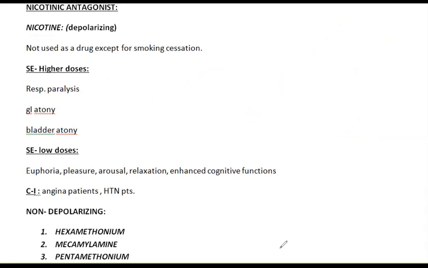The next topic will be non-depolarizing drugs, and we have like 5 minutes 56 seconds timer left. So this recording will disconnect in between, and you have to join it again. I want to complete the